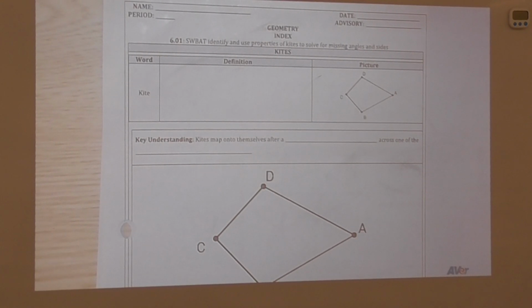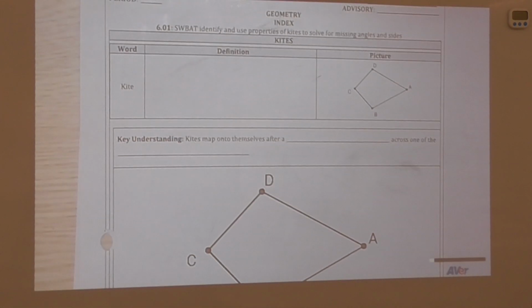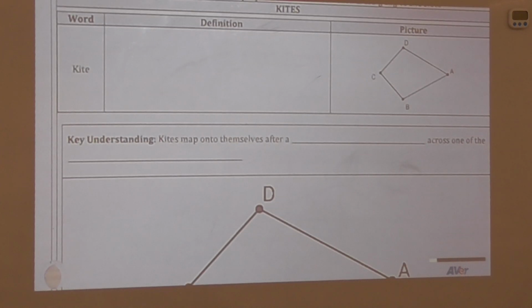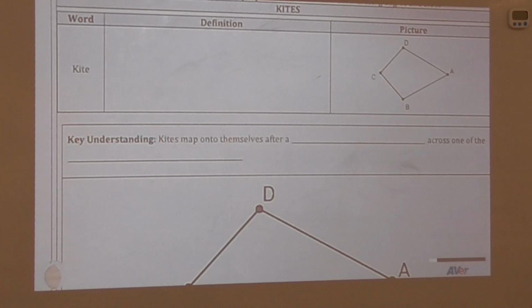Good morning and welcome to Unit 6, where now we are focused on quadrilaterals, four-sided figures. And our first lesson in Unit 6 is on a shape called a kite. Now a kite is kind of an irregular shape because not all of its sides are congruent, for example. In this lesson we'll be going over the properties of a kite